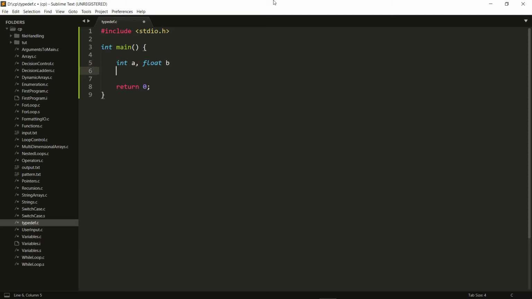Now what I want to do is, let's say I want to create a complex number. So I say complex z1, that should actually create a variable z1. And in case of a complex number, it'll probably have two components, two integers or two floats, let's say. That would be the real part and the imaginary part. So I want to be able to do something like that. Or let's say instead of float, I want to use the word decimal. I should be able to do that. So that's what we're going to be looking at.